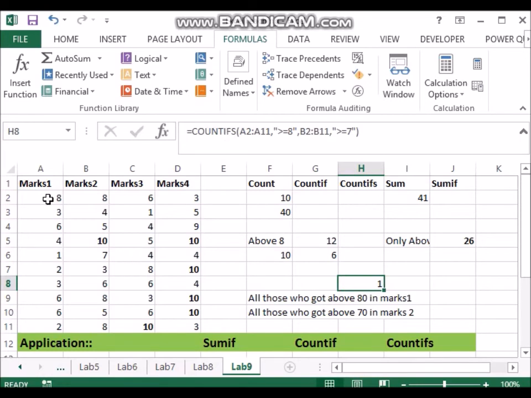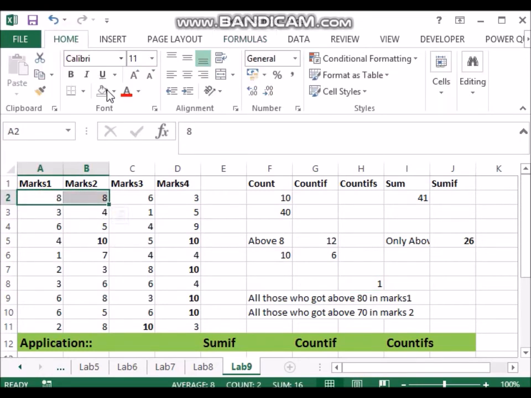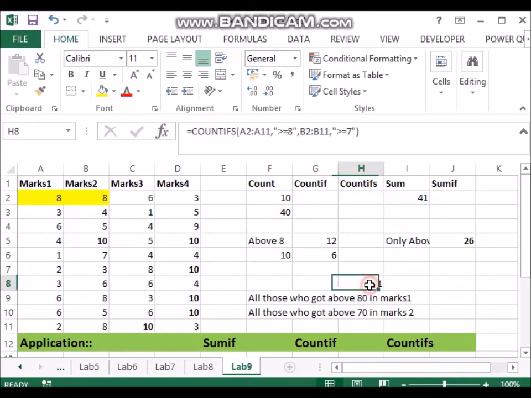Let us check that. There's a case of this 8 and 8, and this is one case where the first is 8 or more and the second is 8 or more. Is there any other case? We notice there's no other case. So let's create one case. Let's make this 9. If we make this 9, this count should become 2. Let's test this.